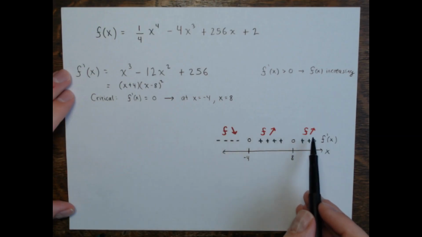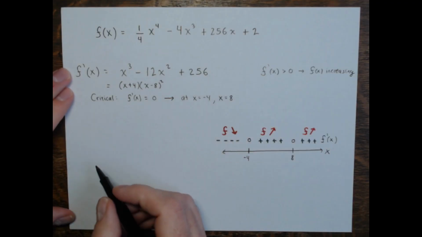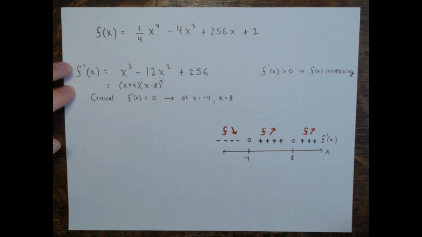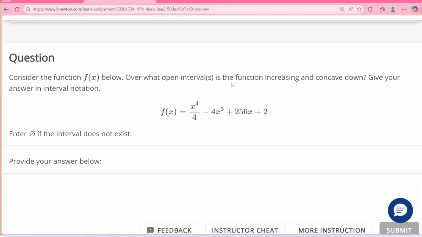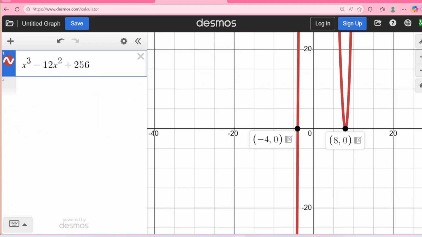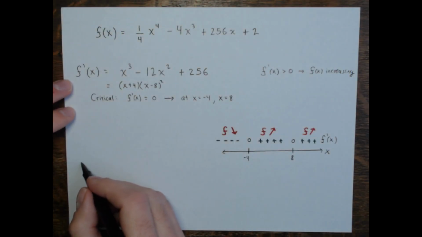All right, so we got intervals of increase, intervals of decrease, but they also asked us, the question was this, right? The question was, where is the function increasing and concave down at the same time? So remember, to talk about concavity, we need the second derivative. So I do f double prime here,